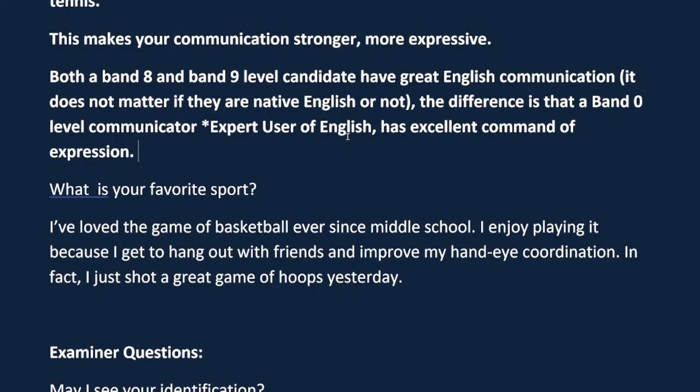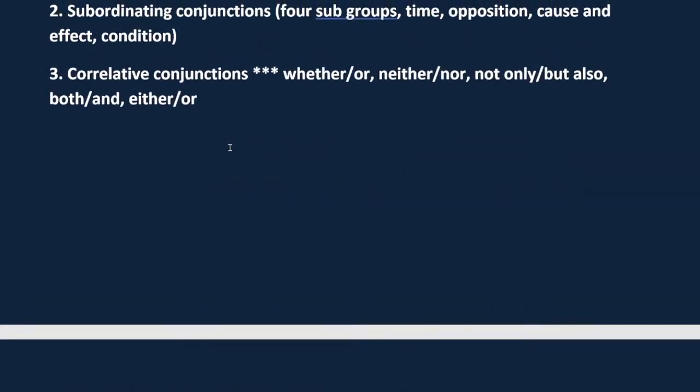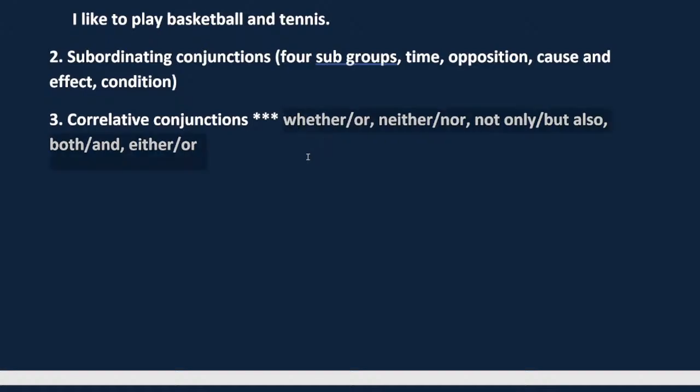Okay, so that's what's going on. Cass says, I applied your advice, Adrian, to use coordinating conjunctions in the speaking exam. Cass, I'm also wondering if you're not referring to coordinating, but correlative. Correlative, right? Where the two relate to each other. Okay. All right. I'm happy to hear that. So we're going to focus on these correlative conjunctions, the whether or, neither nor, not only but also, both and, either or. Okay.